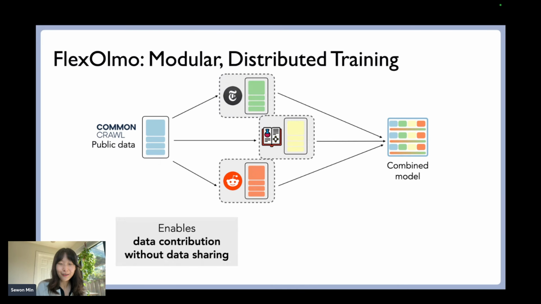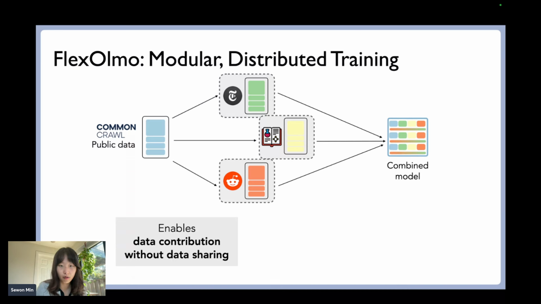Cool. So this paradigm has two unique properties. The first is, as I just mentioned, it enables data contribution without sharing the data. And I think this is very important in practice because we all know data is highly valuable, and it's very difficult for data owners to publicly release the data because they know this is valuable. They want to retain full control. So with this training algorithm, data owners retain full control over the data,